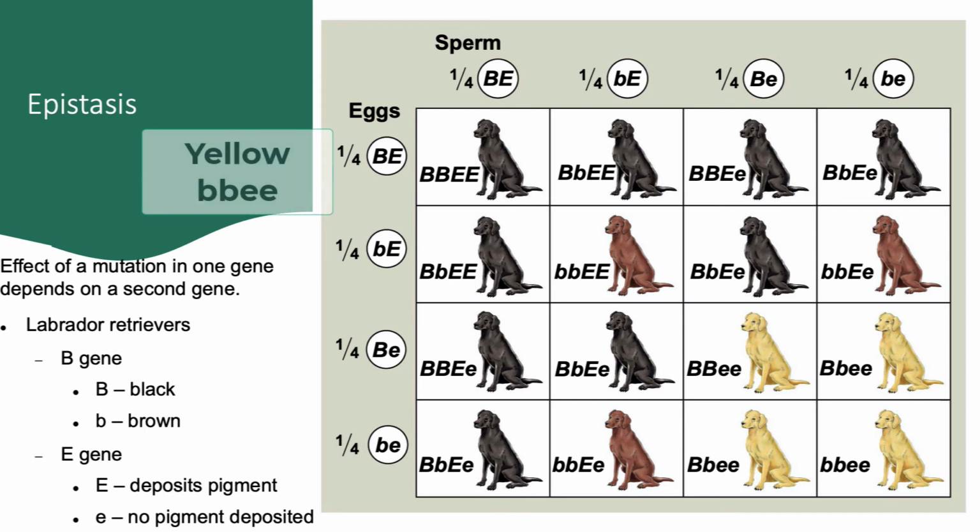The last phenotypic group, the double homozygous recessive, will also be yellow because the homozygous recessive E allele prevents the brown color from being deposited. Therefore, we have a modified 9:3:3:1 ratio that is modified to 9:3:4 by combining those last two groups.